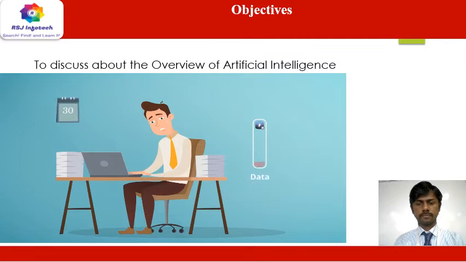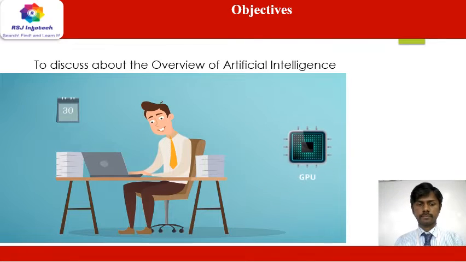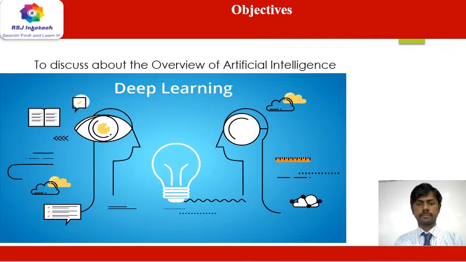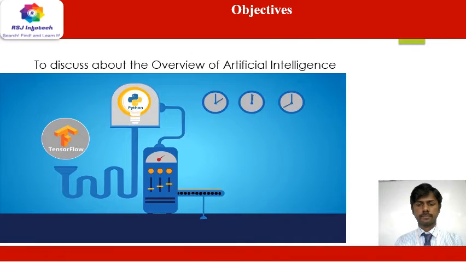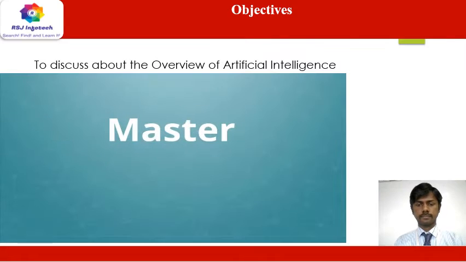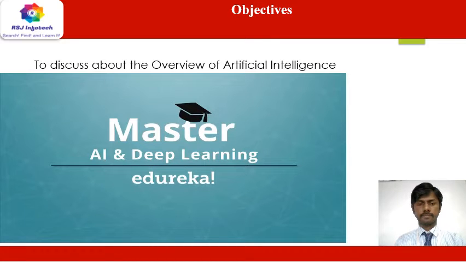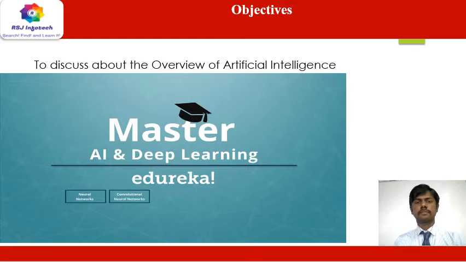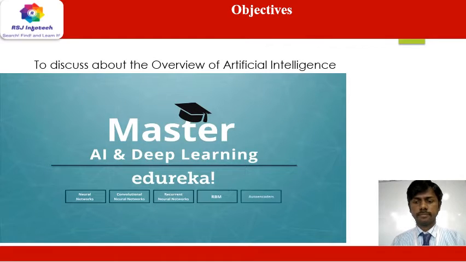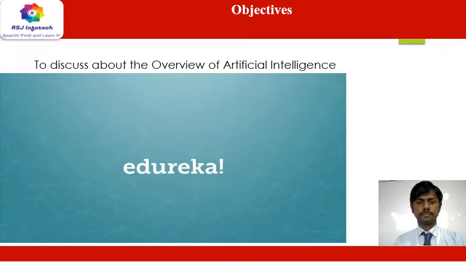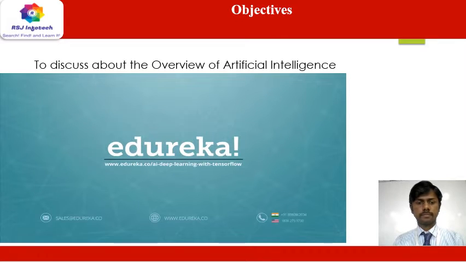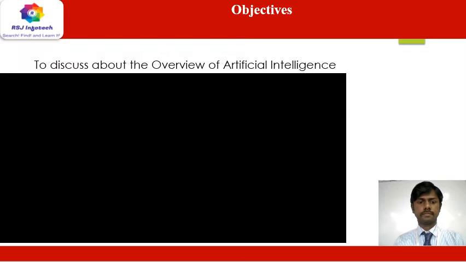It is inspired by neurons, which are nothing but brain cells. Deep learning uses multiple artificial neurons. These neurons are arranged in the form of layers. The output of every layer is the input to the next layer. Earlier, due to less data and lack of computational power, deep learning was not possible. But now we have GPUs and a huge amount of data, because of which deep learning models give very high accuracy. For deep learning, the most famous programming language is Python, and TensorFlow is a Python package for implementing deep learning models. So come and master the concepts of AI and deep learning with the Edureka structured program, which includes neural networks,